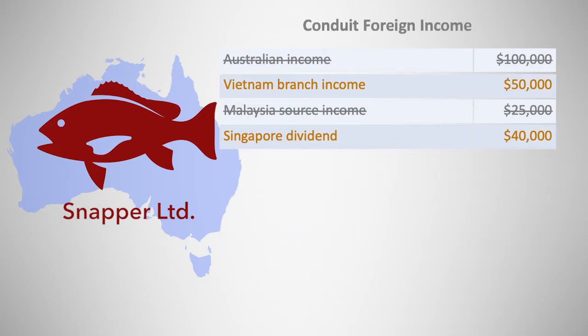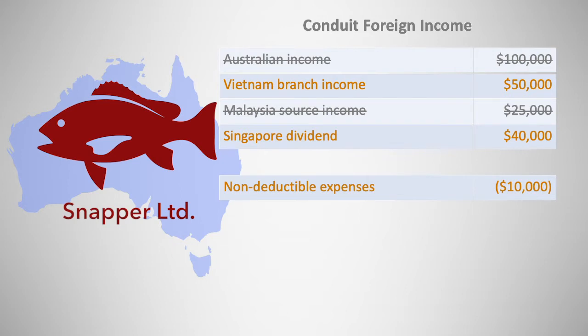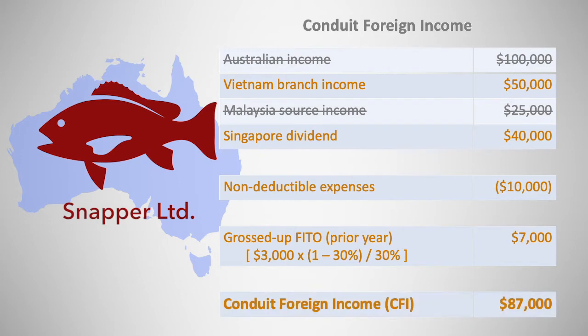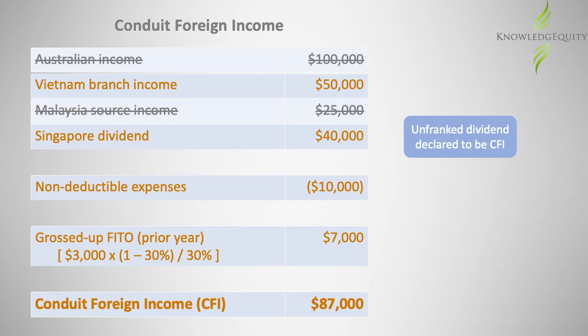Snapper's Conduit foreign income is its overseas branch income from a permanent establishment, plus the dividend from the subsidiary, less the non-deductible expenses, and plus the grossed up value of the foreign income tax offset from the prior year. Snapper subsequently declares an unfranked dividend payable to its foreign shareholders to be Conduit foreign income. Its foreign shareholders can treat the amount of the Conduit foreign income as non-assessable, non-exempt income and not subject to